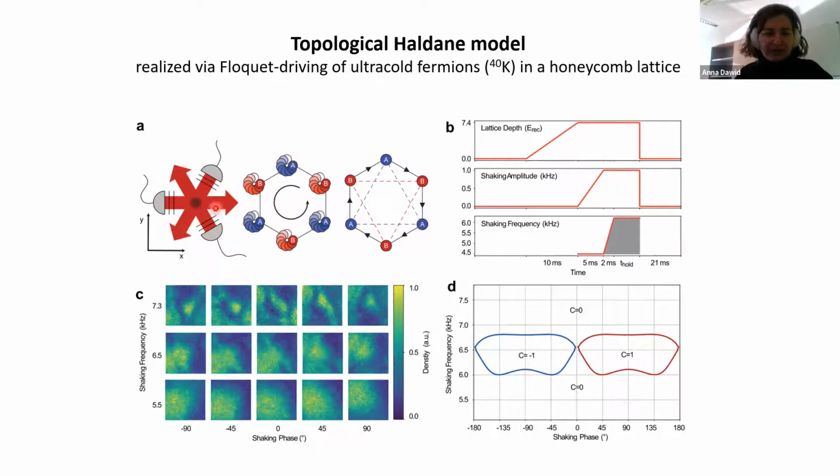And by controlling the polarization of these three beams, it's possible to create an energy offset between the neighboring sites. So you have this AB, AB, AB configuration. And this means that the inversion symmetry is broken. And it's one of two symmetries that are needed to see the topological phase. The second symmetry that you need to break